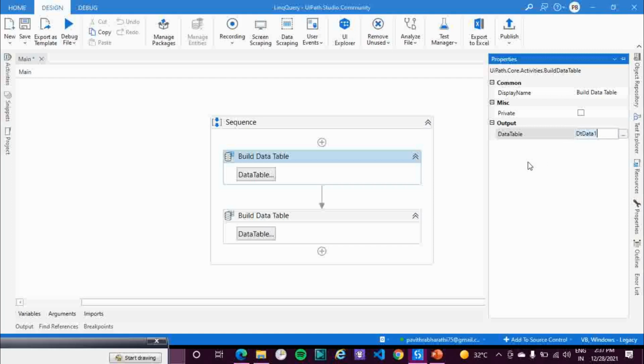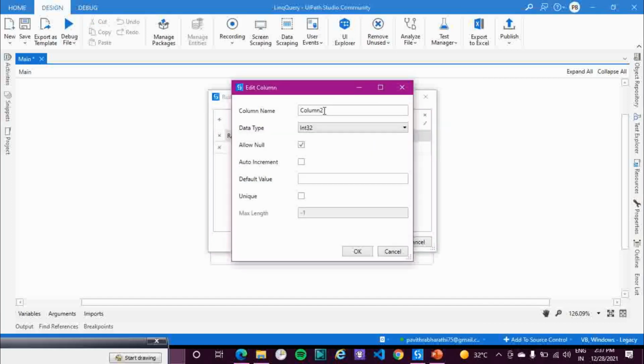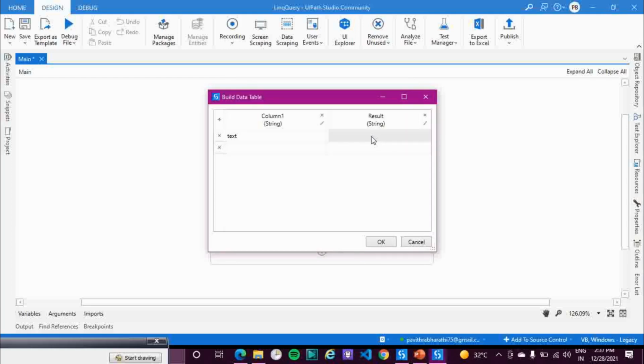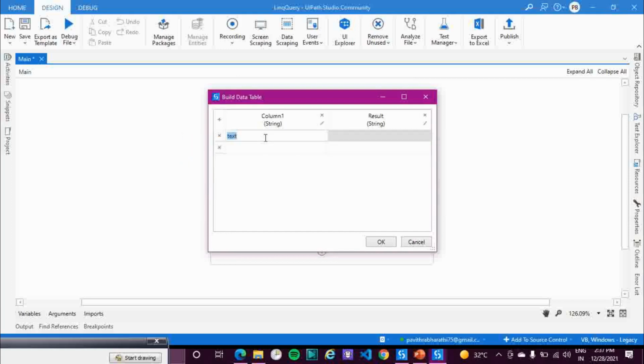Similarly, now let's define data table 2. Ram, and let's change this into result. Let me change the data type. Ram, and result is, let's say, pass.